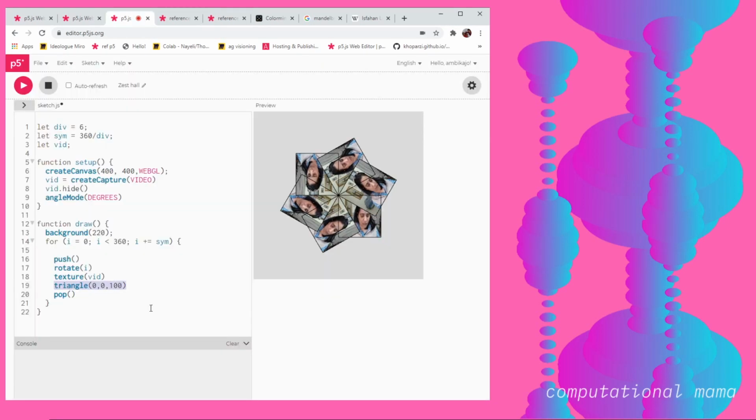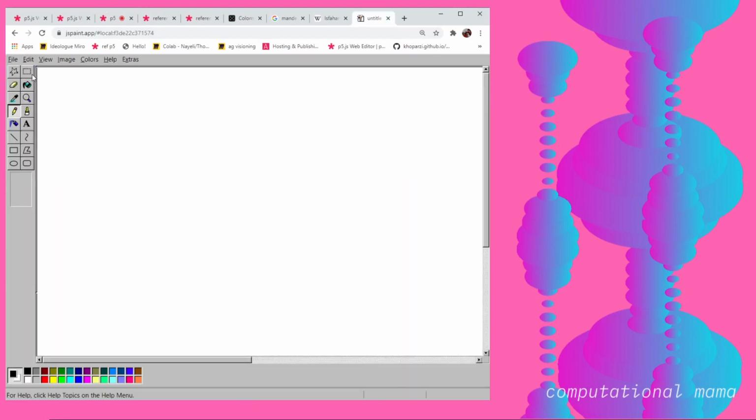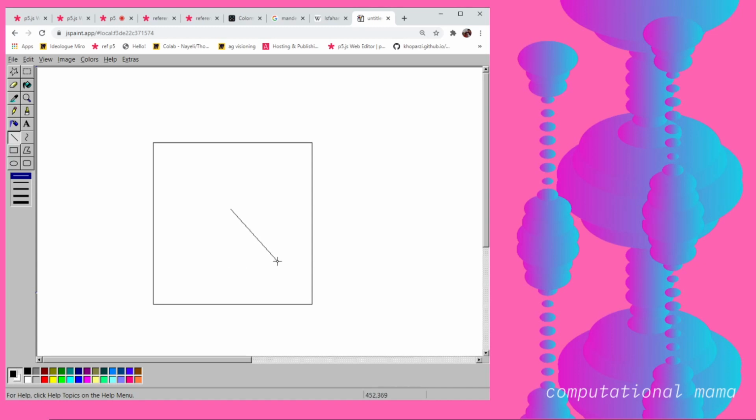Okay, let's assume we need to do one triangle at the moment. So this is our canvas, and in the center I want to draw 0 0 to say 100, and then on this side it'll be -100, and then back to 0 0.